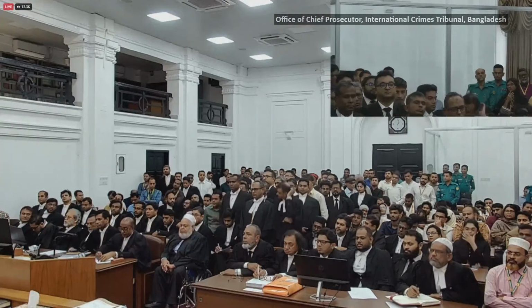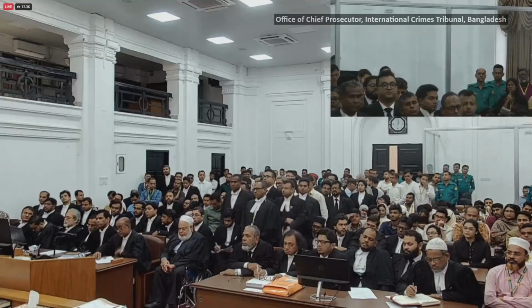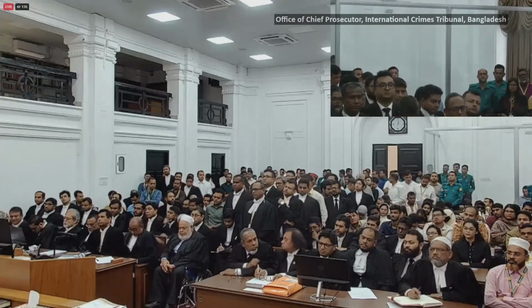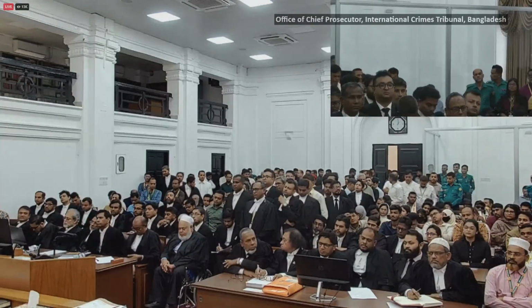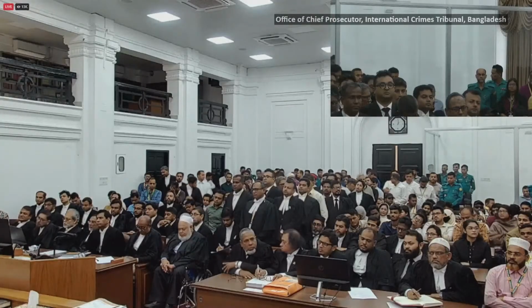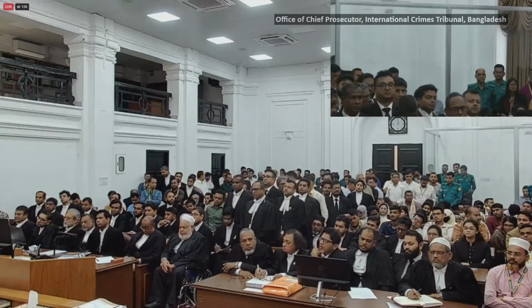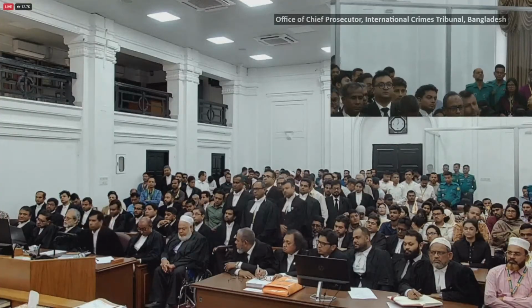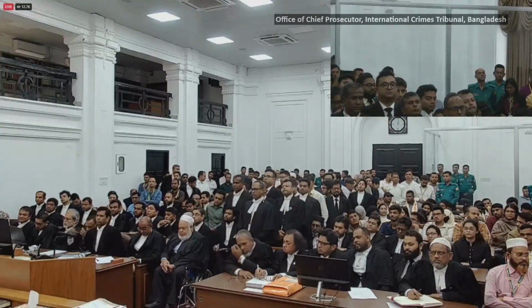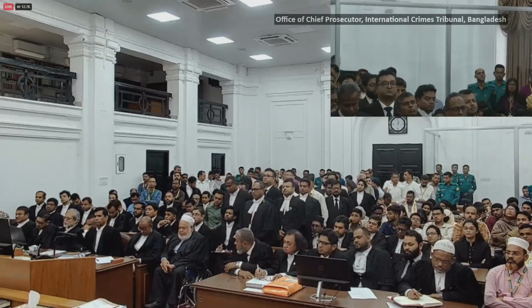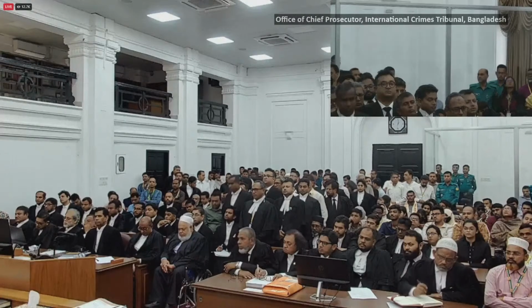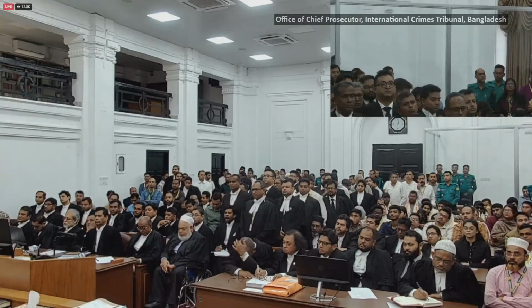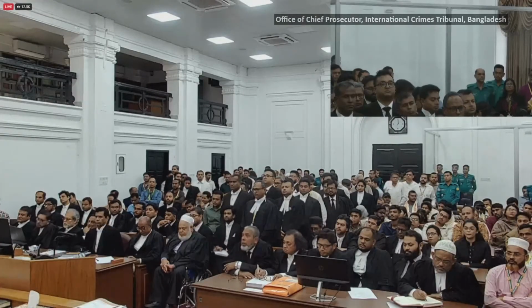By your incitement and order to kill the protesting students who have been injured and killed, and also by failure to take preventive and punitive measures against the perpetrators, the accused Sheikh Hasina committed crimes against humanity under Section 3, subsection 2, Section 4, subsection 1, clause B, and Section 4, subsection 3, read with Section 28 of the International Crimes Tribunal Act 1973.